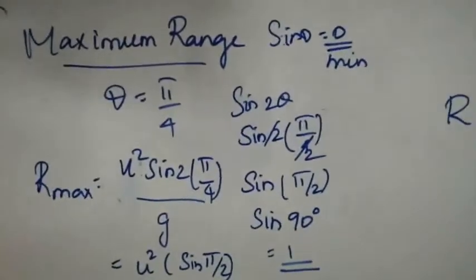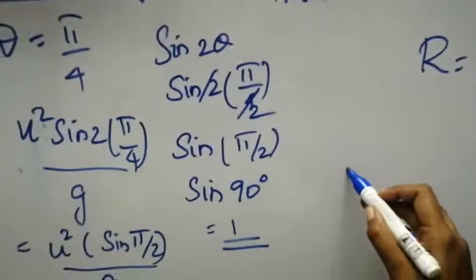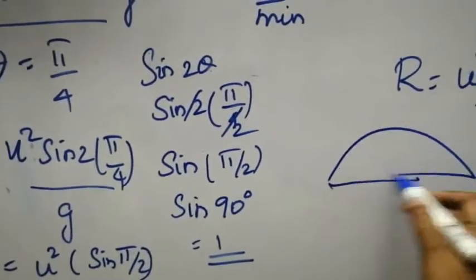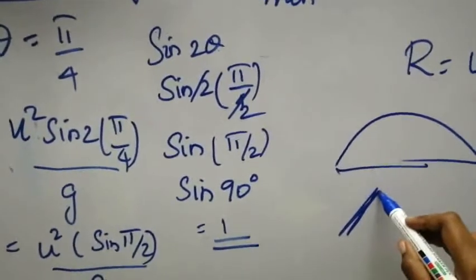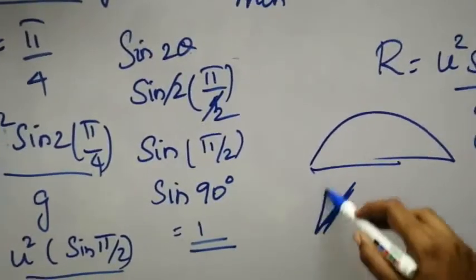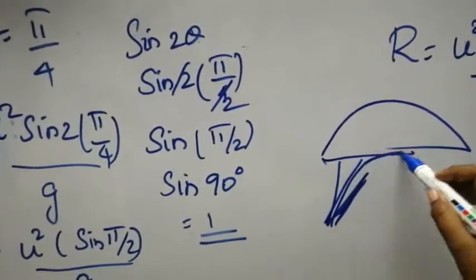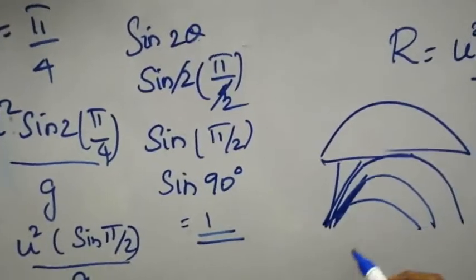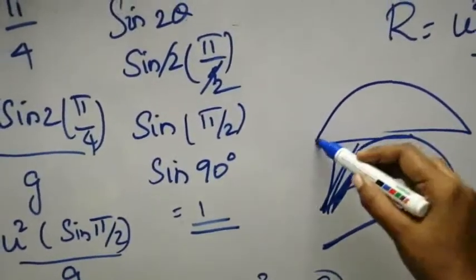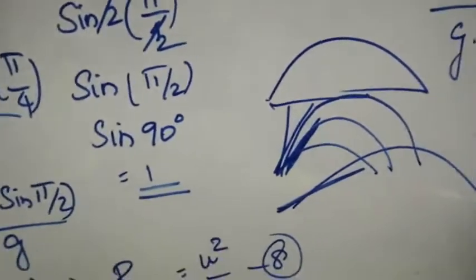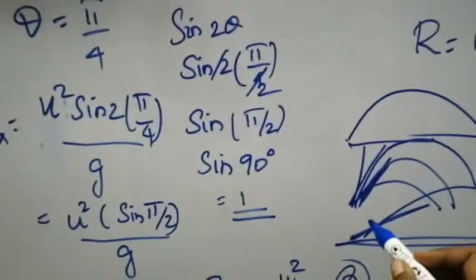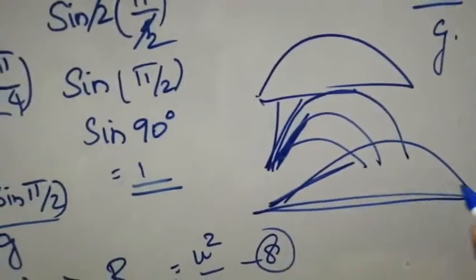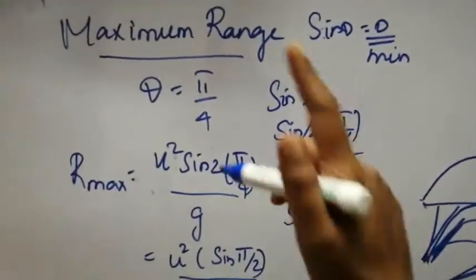So here we are going to find the maximum range. As we know, the projectile will make a path like this, no? If the angle at which I drop the object is increased, then the projectile will be lesser, like this. At some angle, it will make the maximum projection and give a maximum range here. You're going to find that maximum range: at what angle if I drop the object will it get a maximum range in the horizontal direction. This is what you're going to find.